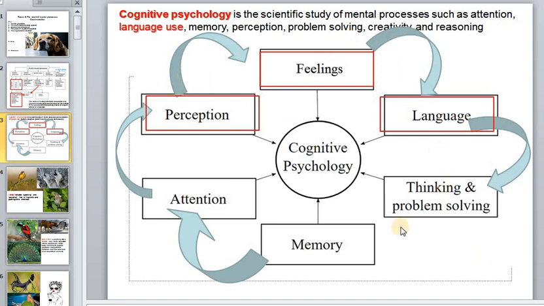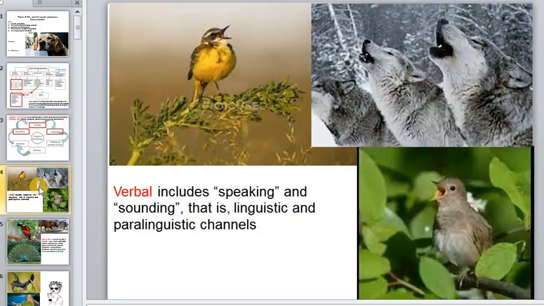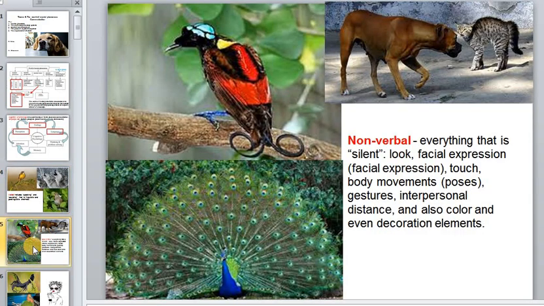And we connect all this cycle in one, and here we see a complex of verbal and non-verbal communication. And you see the verbal includes speaking and sounding, that is linguistic and paralinguistic channels for communication, and non-verbal signals, everything that is silent but look, facial expression, touch, body movements, even poses, just poses can say something,